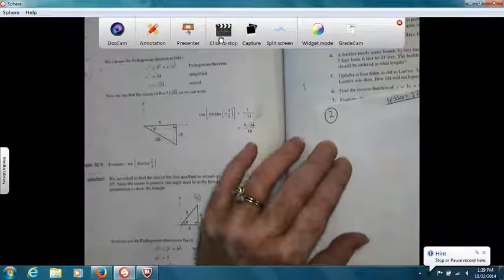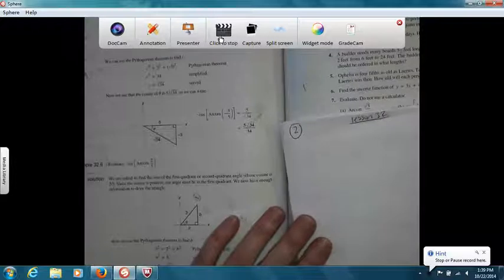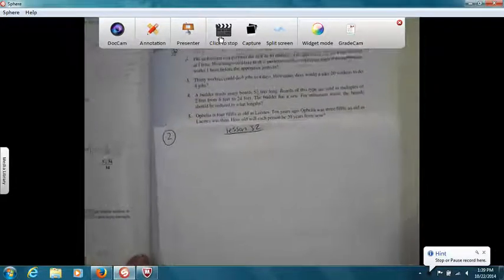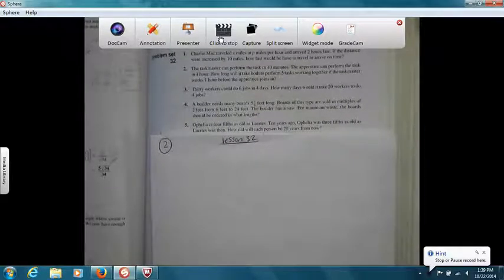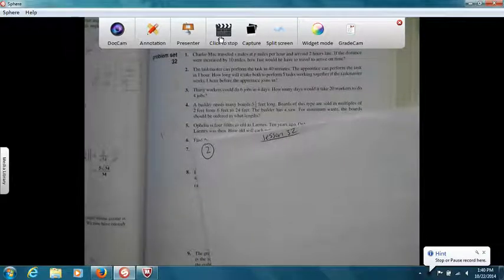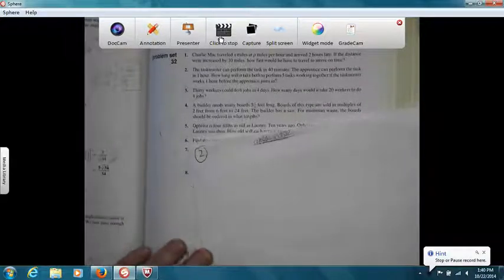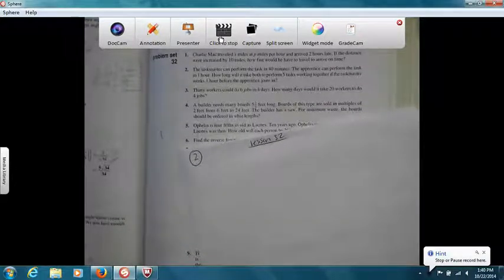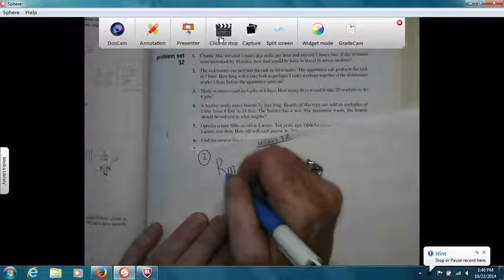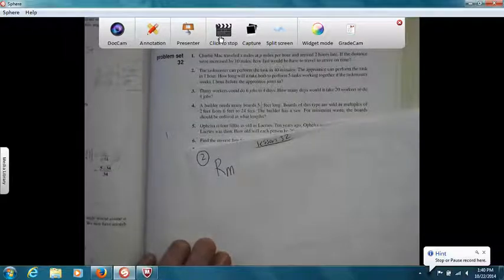Lesson 32, number 2. The taskmaster can perform the task in 40 minutes. Aww, it starts with a T. I don't like that it starts with a T. Can I make it be an M for master? Okay. The rate of the master, or the taskmaster, is